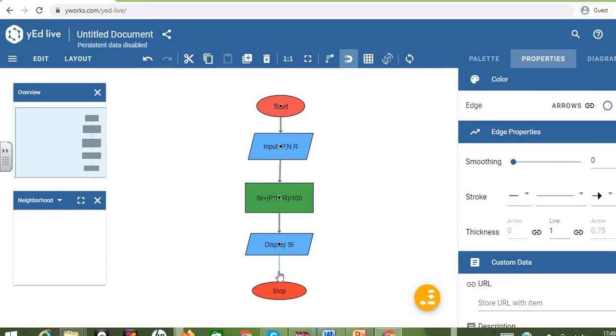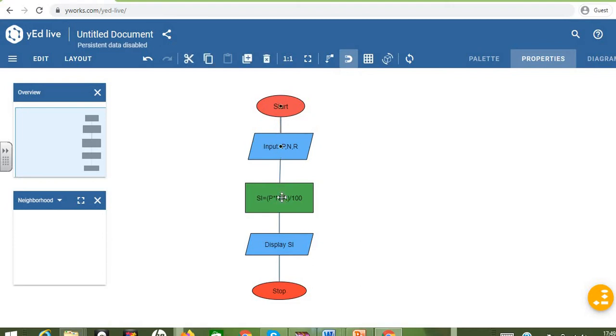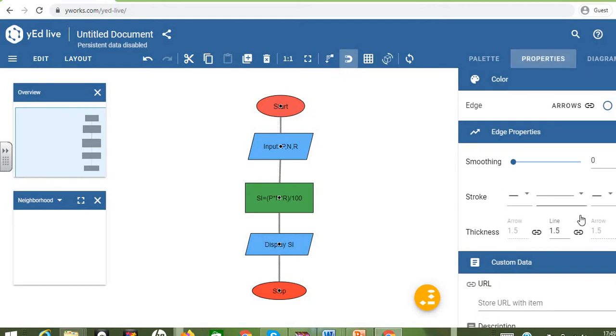Let us select all the arrows by pressing Ctrl. Let us increase the arrow size to 1.5. Okay, properties.